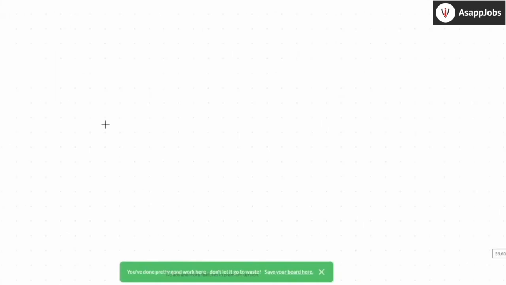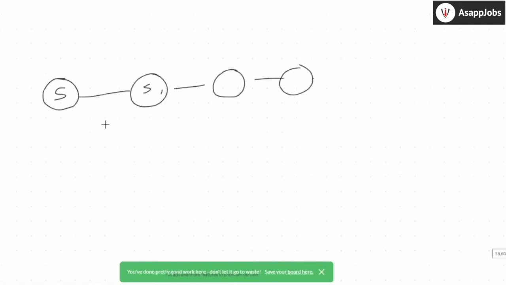Okay, let's move to another algorithm, which is single source, single destination. So you want to go from S, then there are some edges, some vertices, and you want to go to D, from S to D. So how do you go about solving this problem? Let's say there is a connectivity between S and D, and I want to find the minimum weight path from S to D.